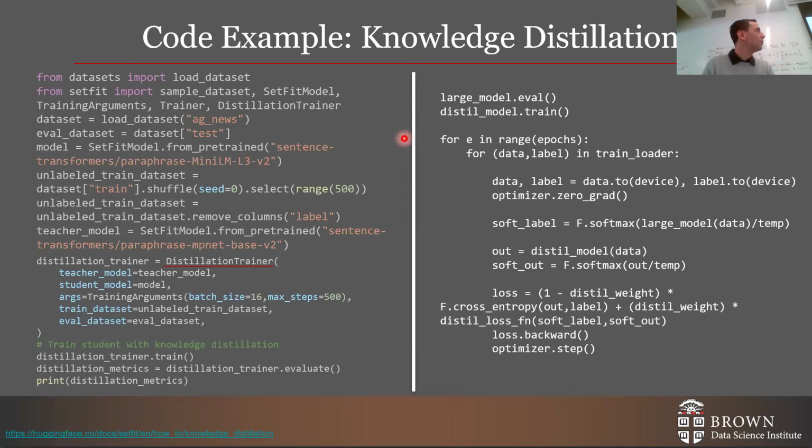You can have a large model that will be on eval. We're not going to train that. A distillation model will be on train. And then we can just convert the large model output to soft labels. And we can combine our training loss, our task loss, and our distillation loss will be some metric between those two labels, again, like cross entropy or whatever. So it's very easy to implement, but you don't have to, it already exists in the open source community.